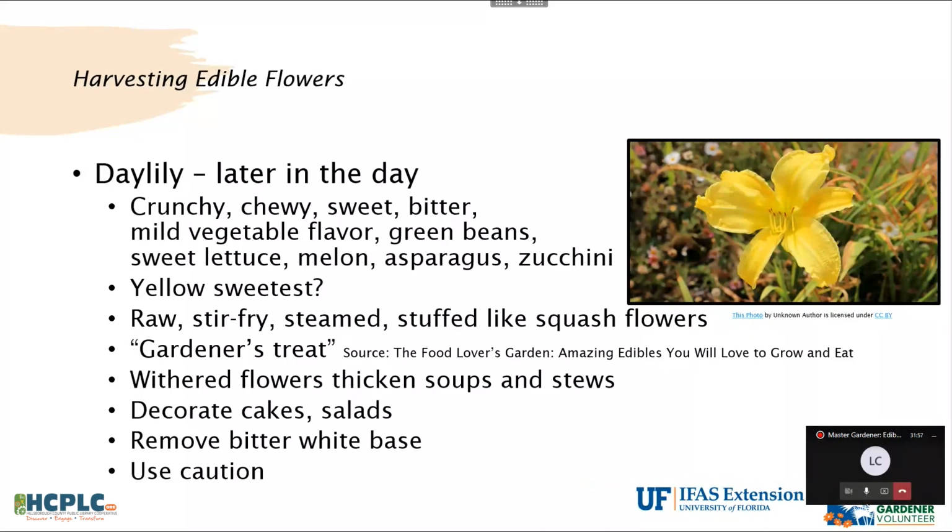Lots of ways to use them. I like the idea of stuffing them with cheese. That sounds like a really great way to eat a daylily. And you can add them to soups and stews. Again, remove that bitter white base, and then just use caution because they could upset your stomach, so use in